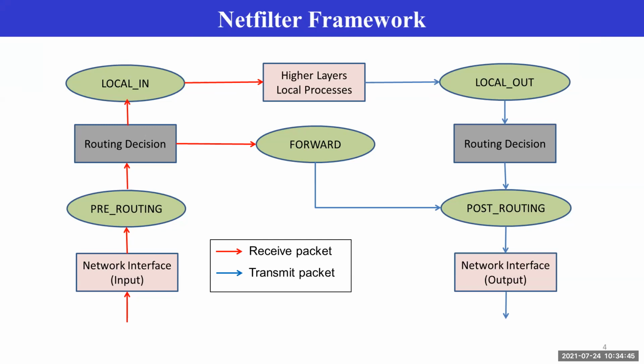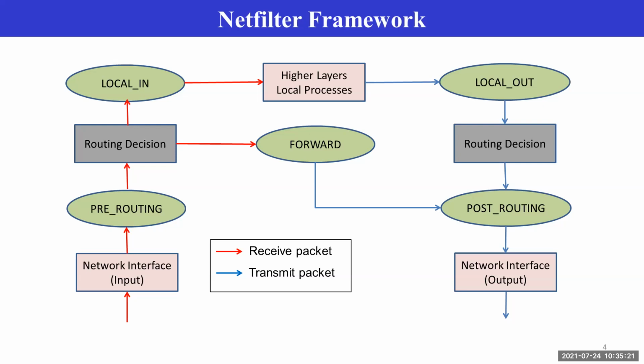On the other hand, if the packet is originated, okay, before going into LOCAL_OUT, let us complete the forwarding part. Once the packet is forwarded from that particular machine, the next hook point it will call is POST_ROUTING. All the POST_ROUTING callbacks will be called, and then it is sent to the lower layer so that the packet is transmitted through the hardware.